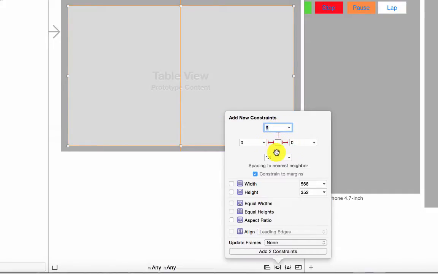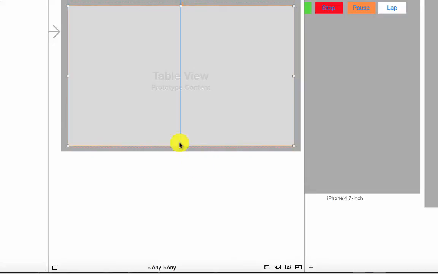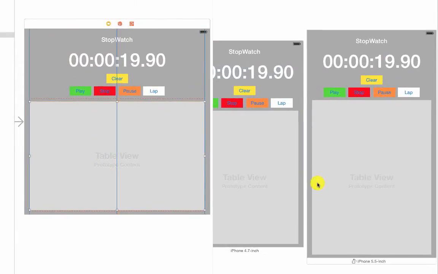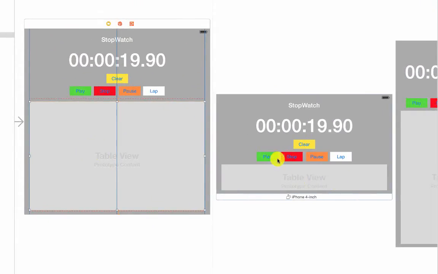For the top, I can set the distance to 0, and for the bottom, okay, I can make it 10, a small constraint,